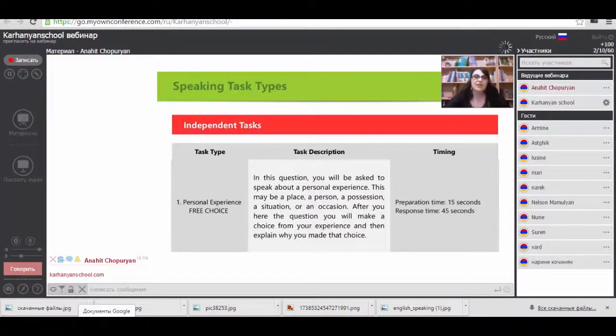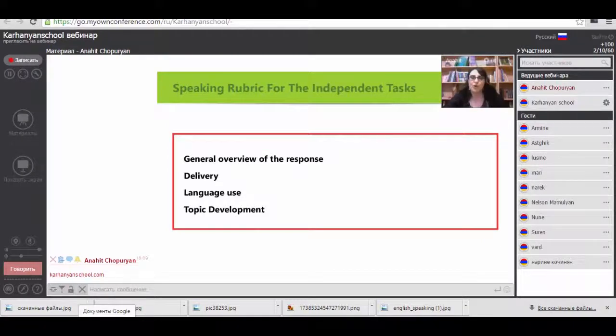Let's see the speaking rubric for the independent task. What are you supposed to understand by rubric? It is the strategy, the way that ETS scores your response. So how must your response be? I always like to say that knowing the rubric is one step forward to a higher score, because if you know what is required of you, you will go to your target strongly and passionately.